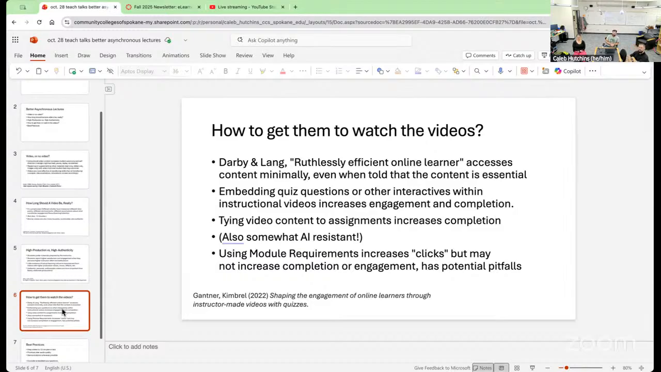So another very common question: how do we get them to watch the videos? Our good friend Flower Darby, who we love very much and have had at the Learning Academy in the past, in Small Teaching Online, described online students as ruthlessly efficient learners, who, and I'm sure you've seen these students, will access content minimally, as little as they feel they need in order to pass a class, even when they are told that the content is essential. So we know, for better or for worse, that many students will not sit and watch videos, even if you tell them it's important,